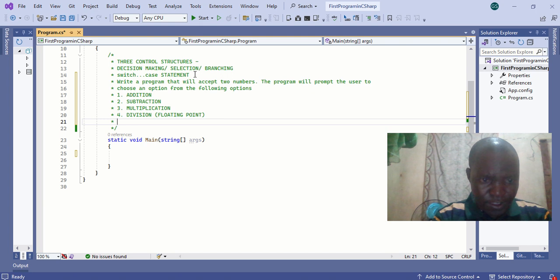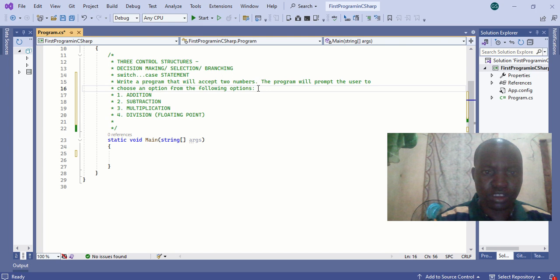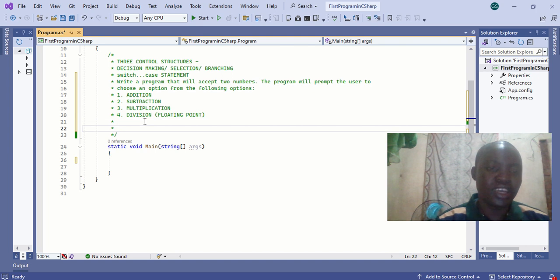Assuming that, that's the question. Write a program that will accept two numbers. The program will prompt the user to choose an option from the following options: addition, subtraction, multiplication, and division. The program will then